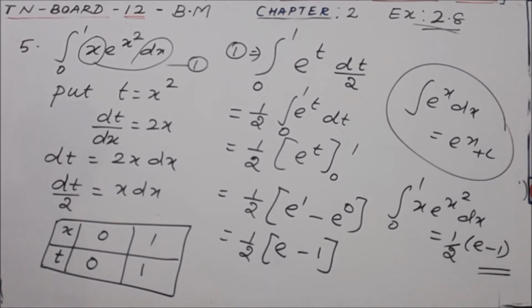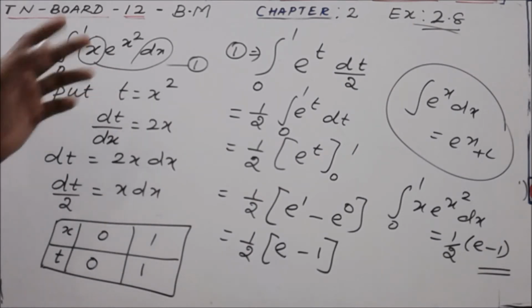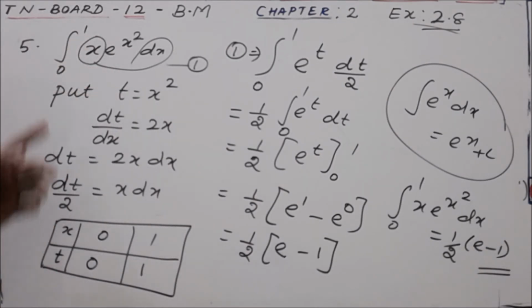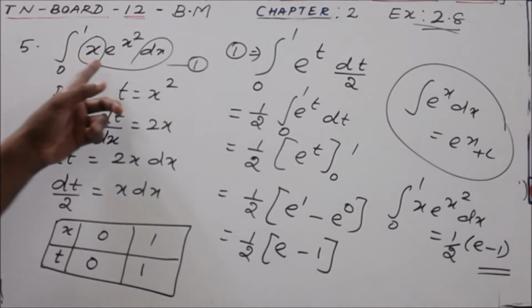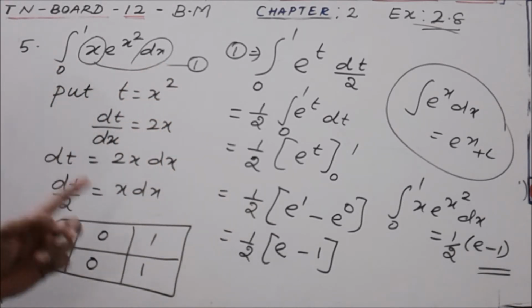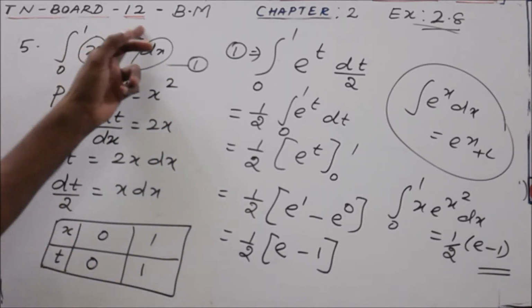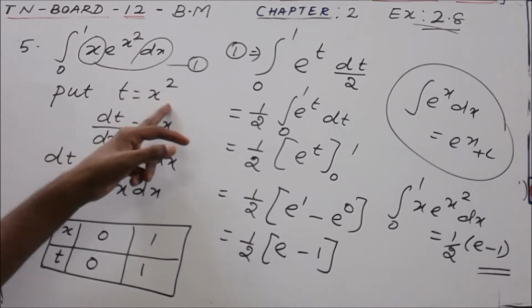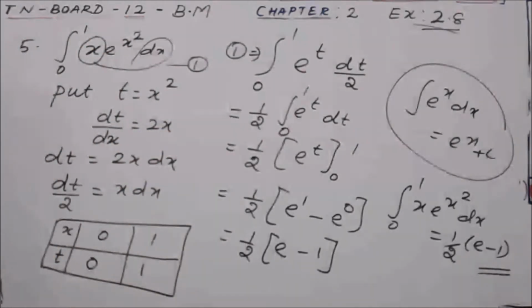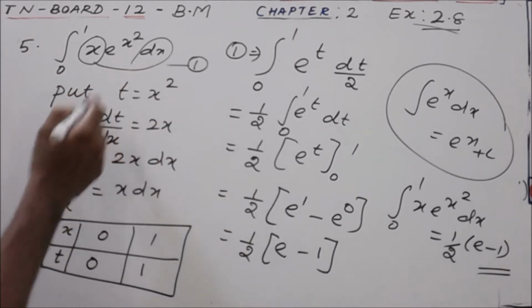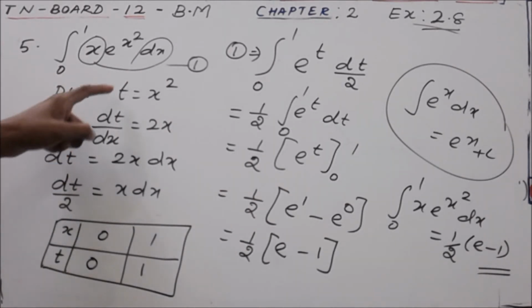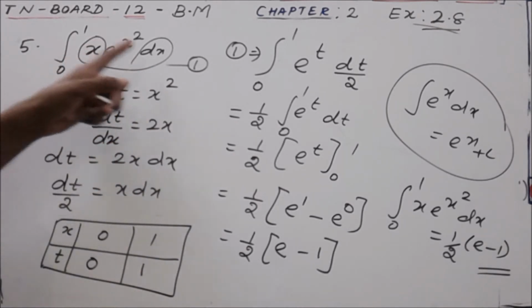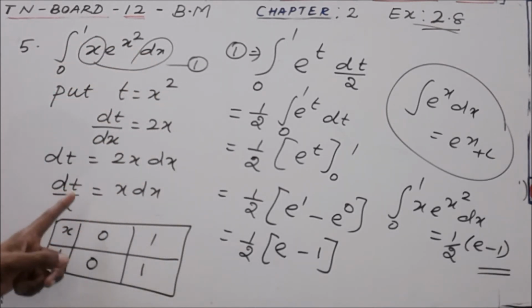This is very simple, but only if we substitute properly, otherwise it is difficult. So find the function whose derivative occurs in the integrand; such a function is taken as the substitution. So I have chosen x square as t, and its derivative appears in the same function. The given function is a combination of two functions, so we give a substitution to the function whose derivative appears in the same function. So dt by dx is equal to 2x. Now for x dx we substitute dt by 2.